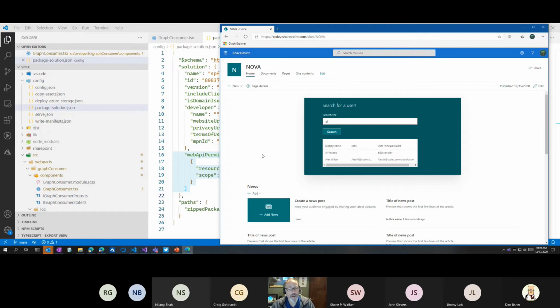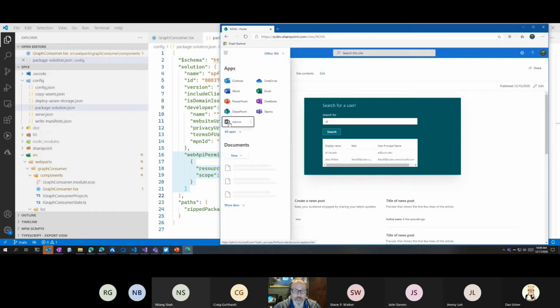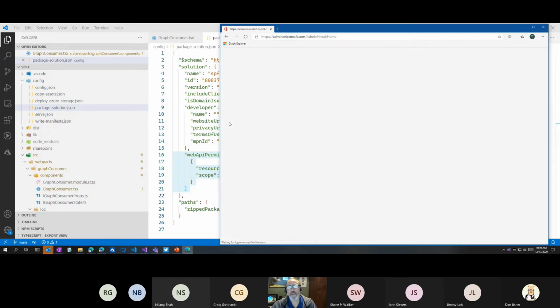I write my code, I fill out this permission request. But there are things that have to happen when this is deployed behind the scenes. And again, I will show you the screens in SharePoint, and then we'll go to the slides, because I've done some of the setup already, and then I can show you what the screens look like before I permissioned it.